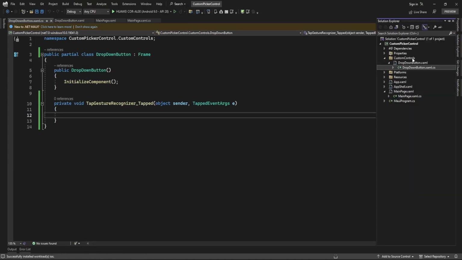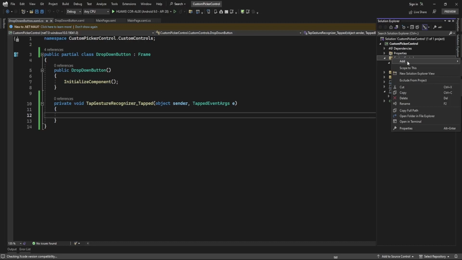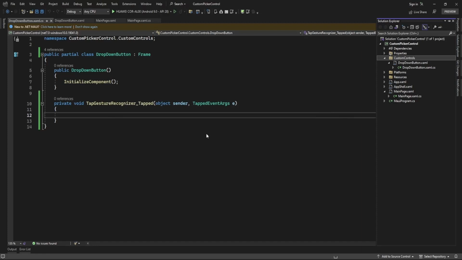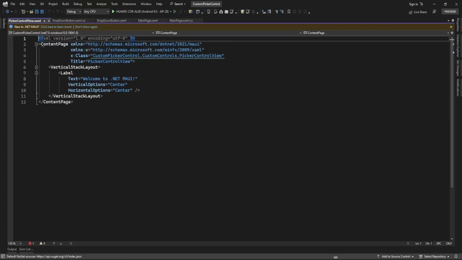Okay, now here another custom control I'm just going to add as a .NET MAUI content page, and the name will be picker control view. Okay, now this picker control view is going to use